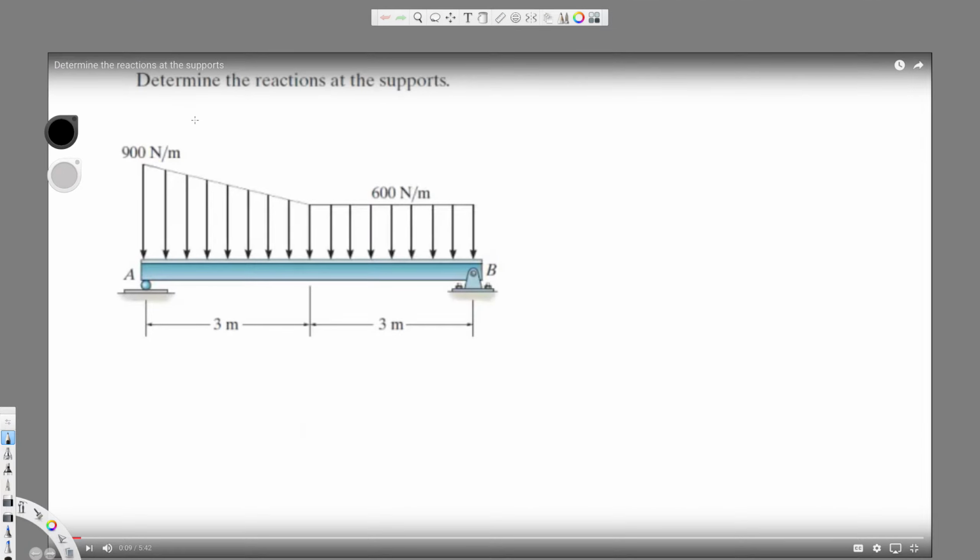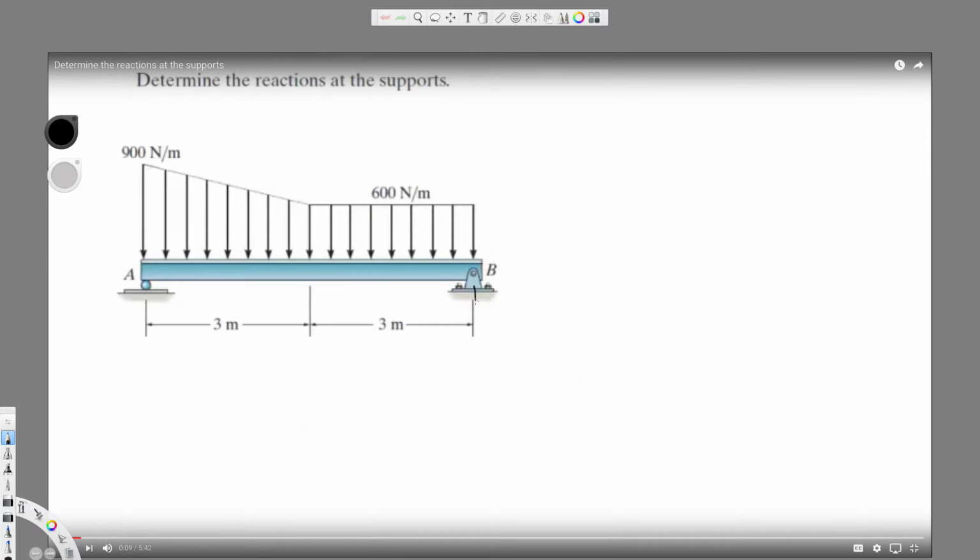We have this question right here. It's asking to determine the reactions at the supports, right? So we have these two supports right here. This is support A, B, and we have two forces. They are acting equally. So what we have to do is, first of all, let's draw the direction of the